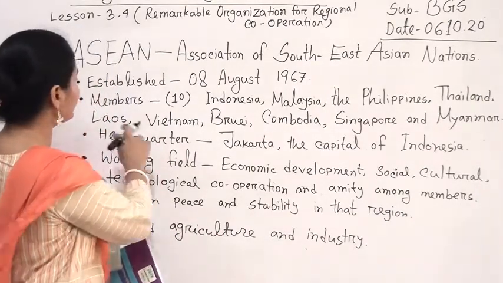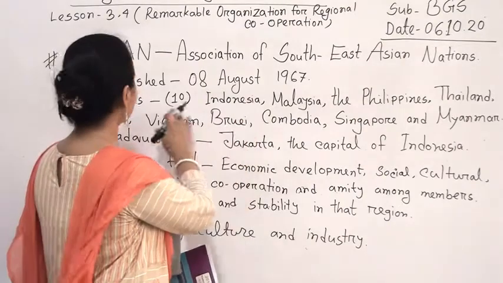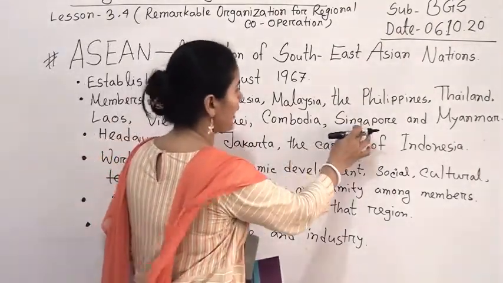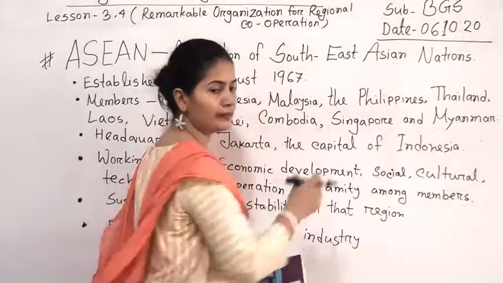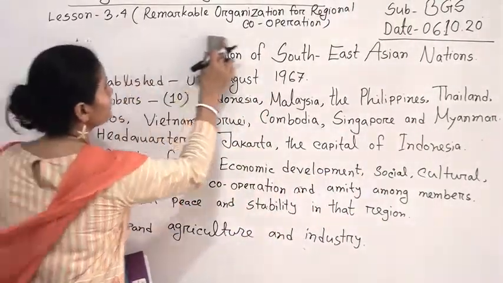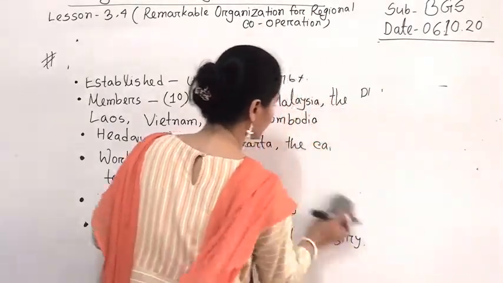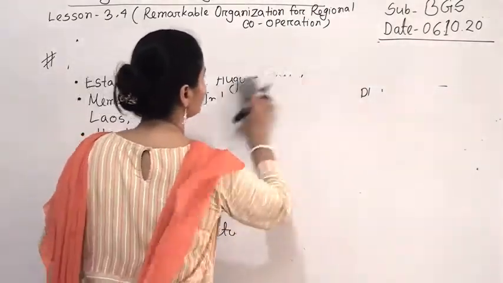I say it again, you have to correct in your book that the members of ASEAN are 10. You have to add the names of Singapore and Myanmar. Now I will discuss some other regional organizations. Firstly,